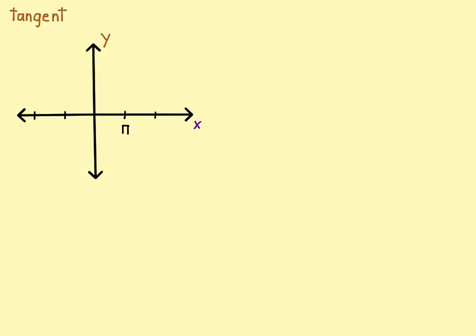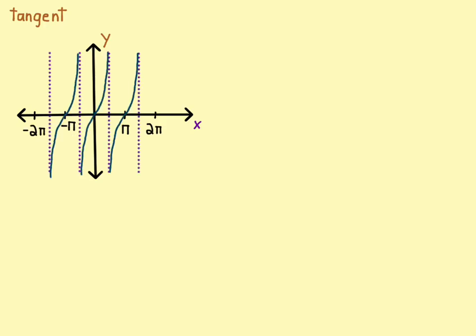So now for the tangent. A tangent function looks like this. Its asymptotes are at pi over 2 and negative pi over 2, and then you just add or subtract integer multiples of pi to those. And so what we do here is notice that this branch that goes through the origin, we call these separate pieces